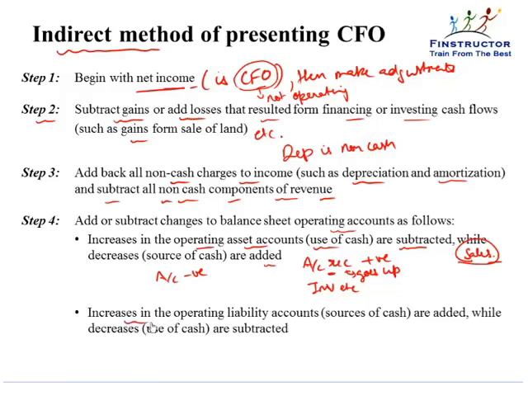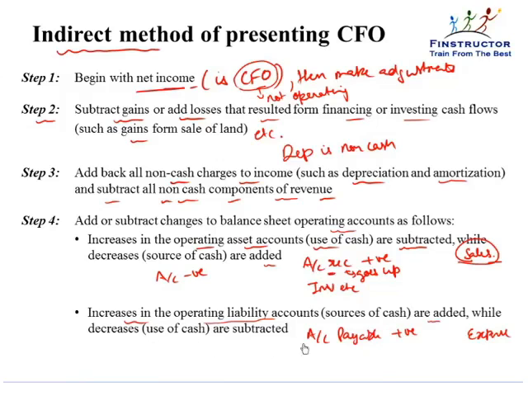Similarly, increase in operating liability accounts, for example, accounts payable. So if payables go up, that means I haven't yet paid my suppliers, even though I may be showing an expense. So I'm declaring an expense because of accrual accounting, but I haven't yet paid. It's a cash inflow or it increases my cash. So increase in a liability account will be added to the cash flow coming from the net income,